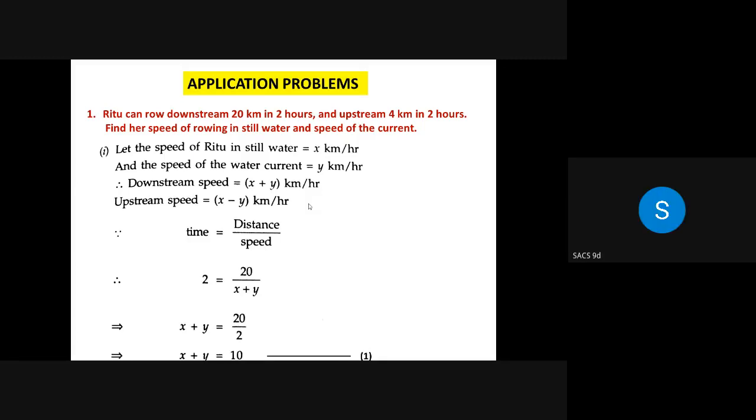In case the speed of water current is more than the speed of the person or the speed of the boat, whatever we are talking about, in that case, there will be no forward movement. So you will not write y minus x, that will be wrong. Now here we are assuming since the person has traveled 4 kilometer, he is able to come ahead. That means his own speed would have been more than speed of the current. So that is why x is greater than y always, and that is why it is x minus y and not y minus x. So please don't make that mistake.